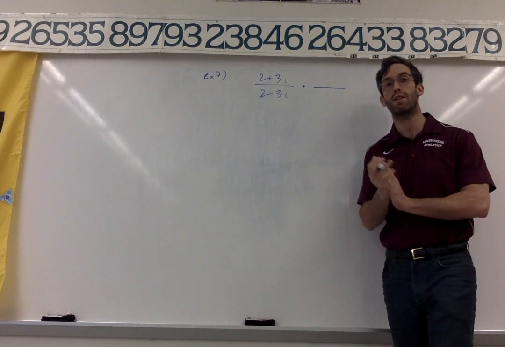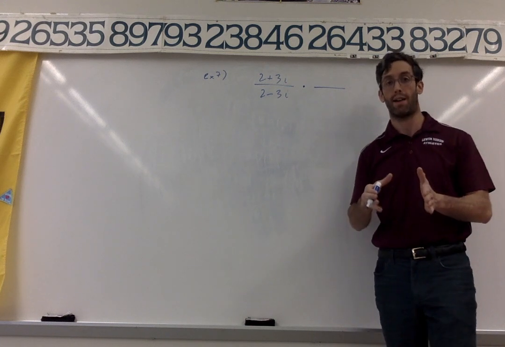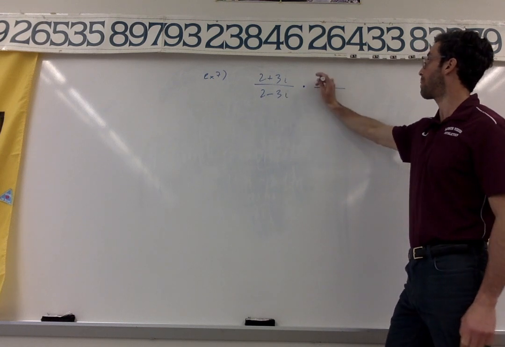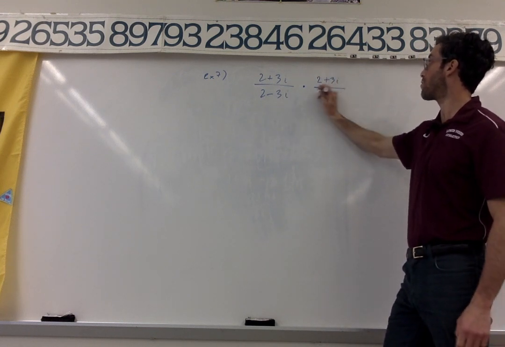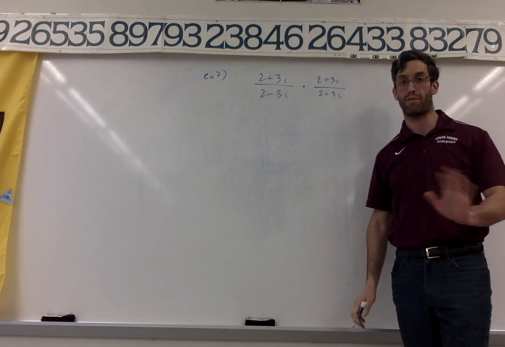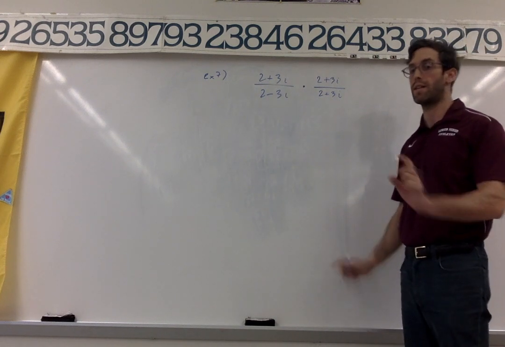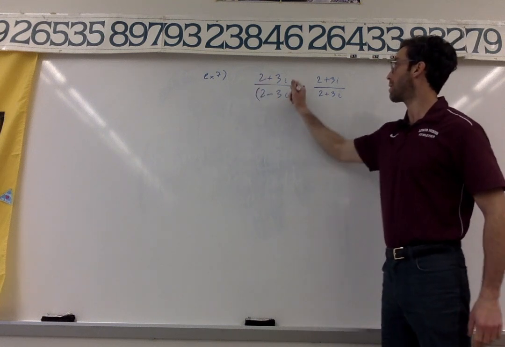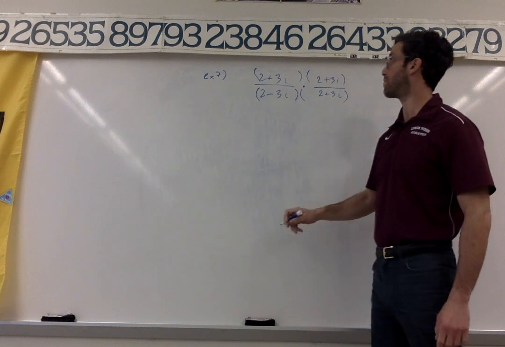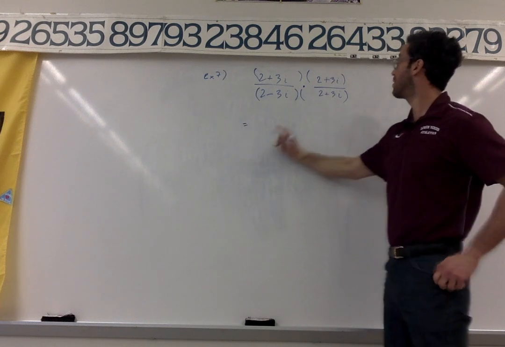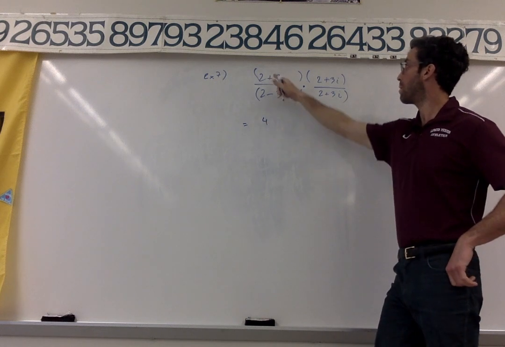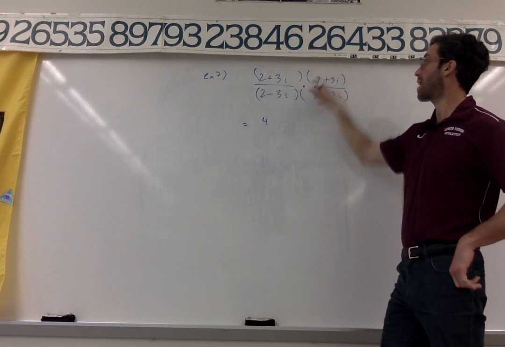So 2 minus 3i, the conjugate would be 2 plus 3i. Just change the symbol in between or in front of the imaginary term. So 2 plus 3i over 2 plus 3i. The fact that this was a 2 plus 3i doesn't matter. Not to confuse you, we always just use the conjugate of the denominator. All right? And now that we've done this, we have to do a bunch of foiling. So the numerator, 2 plus 3i times 2 plus 3i becomes 4 plus 6i plus 6i, which is plus 12i,